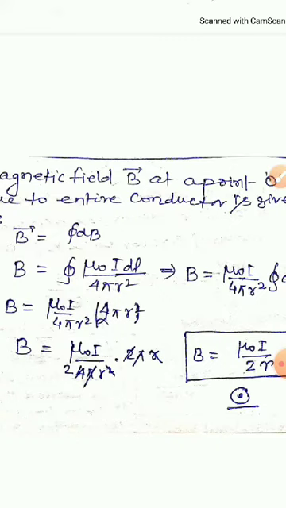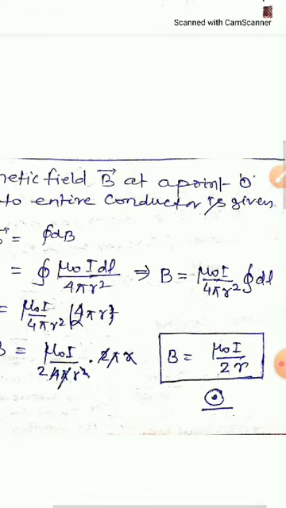The symbol of integration with a circle is the integration over closed path. Now what is to be integrated is integration over closed path of dl. You know, integration is a process of summation. So if we go on adding the lengths of all the elementary elements of the circular current carrying conductor, what we get? We get the circumference, that is length of the circular conductor.